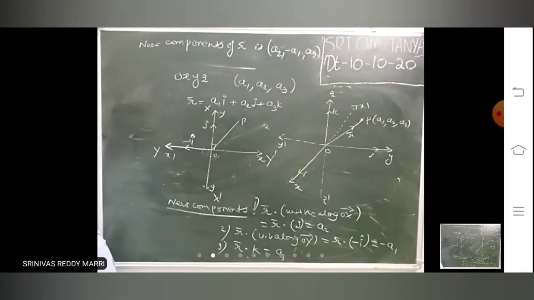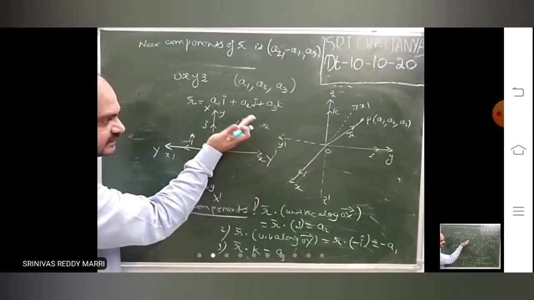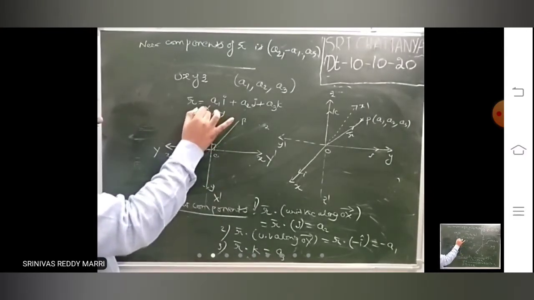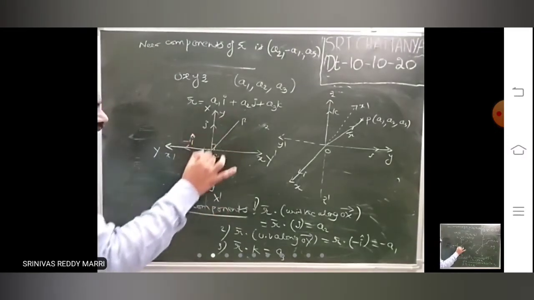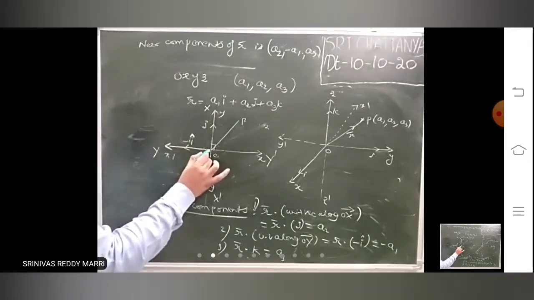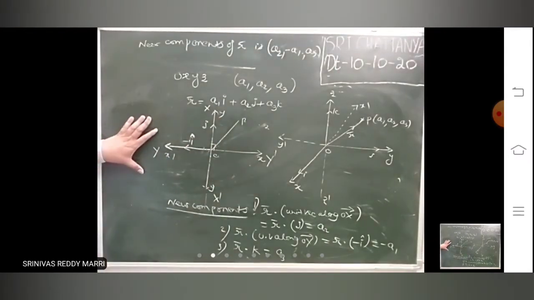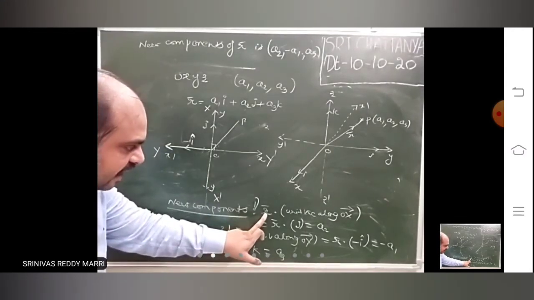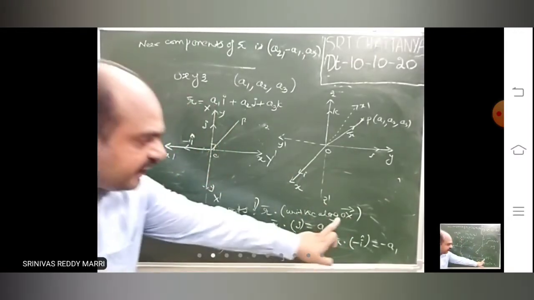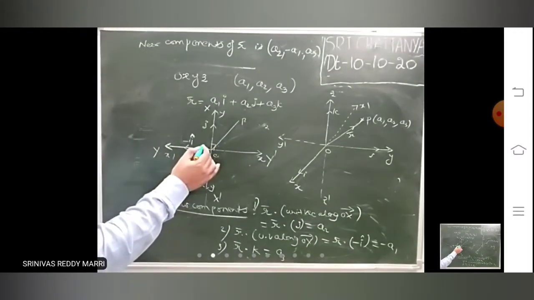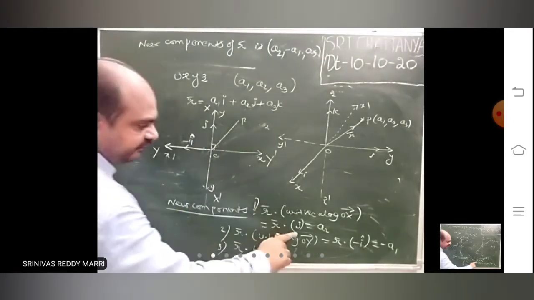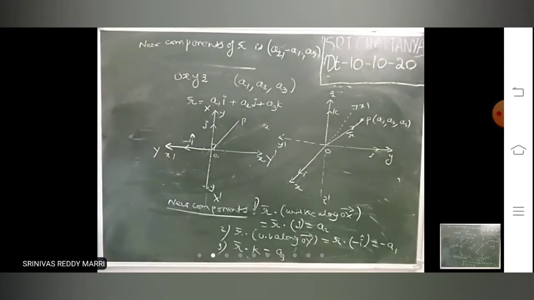X to Y anti-clockwise, the axes are rotated. Rotate this, and the new x-axis will be this: capital O, capital X dash. The y-axis is rotated, and the new y-axis will be this one: capital O, capital Y dash. The new x component is R bar dot the unit vector along the new x-axis. OX bar means old OY bar, along J only. So it is R bar dot J, that is A2.